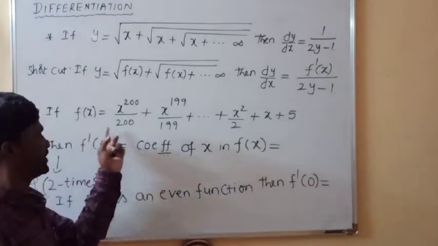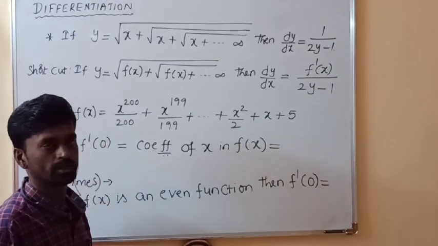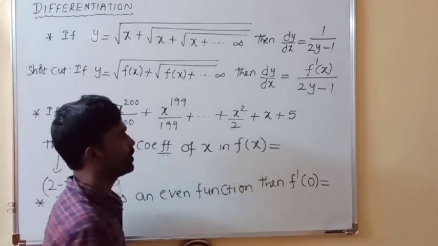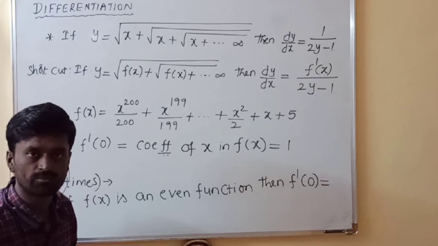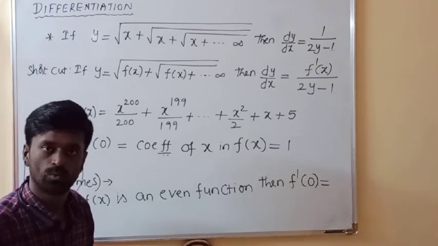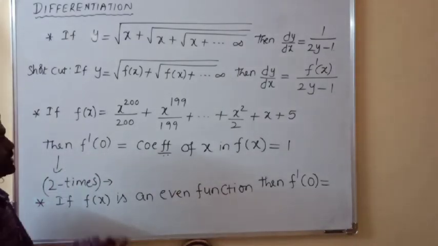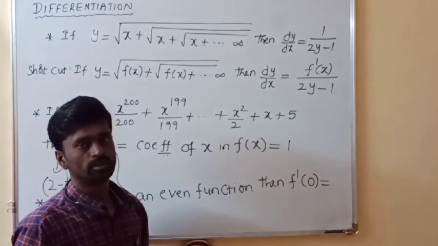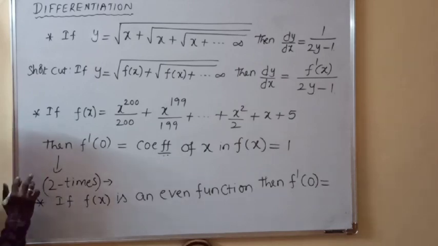So this is the f of x only. What is the coefficient of x? 1 only. Here x alone is there, that is nothing but 1 into x. So what is the coefficient of x in f of x? 1. So that was the answer. I am not finding f dash x, I am not putting x is equal to 0, that is a waste of time. If you remember this trick, just by looking at that function you can say, here the x coefficient is 1, so the answer is 1. f dash of 0 is 1. Over.